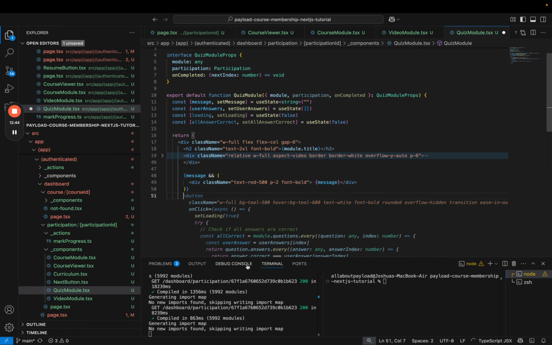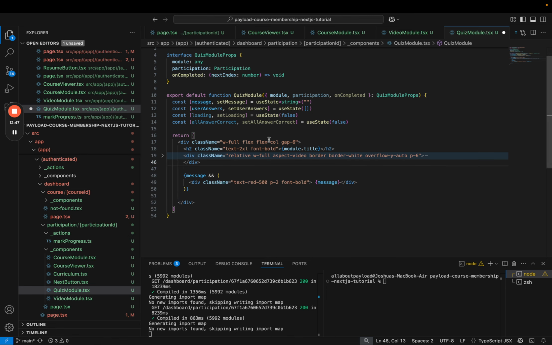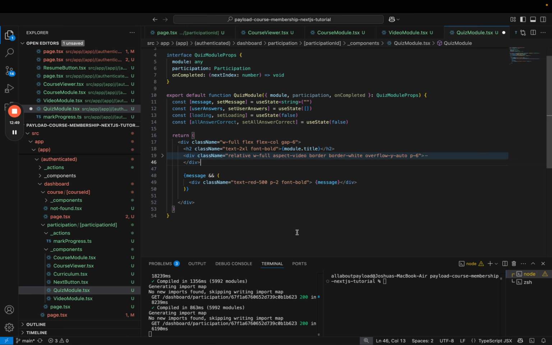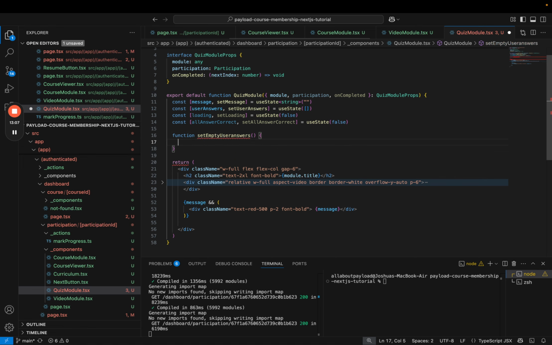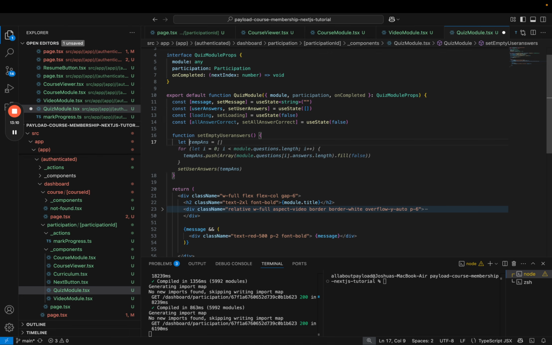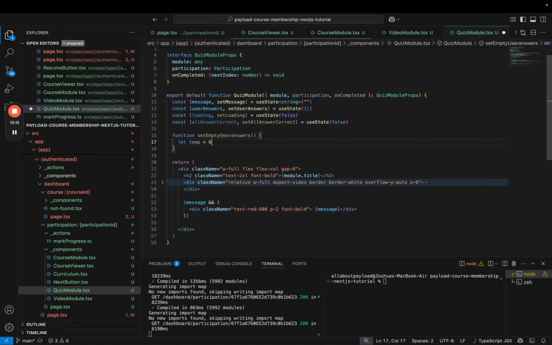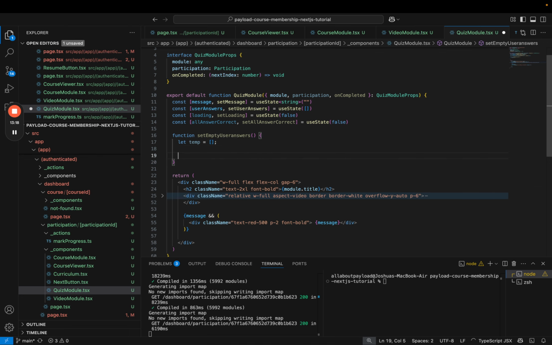And yes, now as to not get an error when we edit user answers, we should pre-populate the user answers with the same structure as our questions. And that we're gonna do with the use effect hook and a small function. So let's write the function set empty user answers, and in here we're gonna create a temporary array. After we have this temporary array, we're gonna assign it